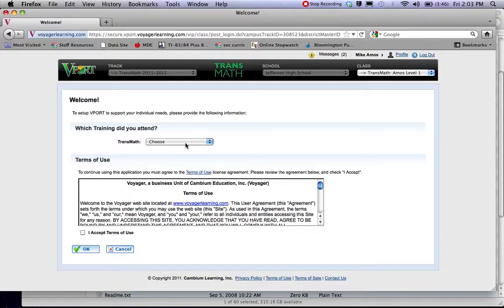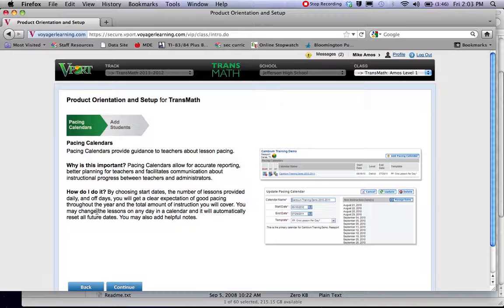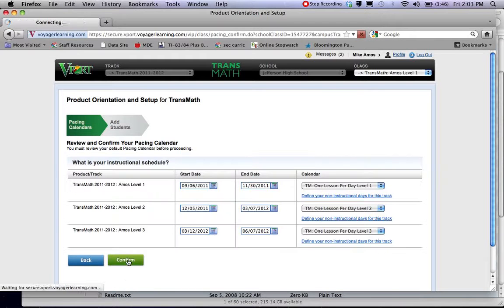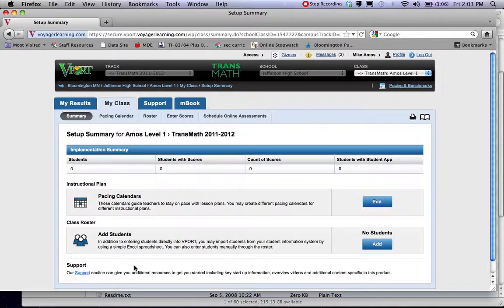If it's the first time you've logged in, you're going to have to say what kind of training you've attended. I don't think most of you have attended training, accept the terms of use, and continue on. It clicks you through a little orientation. I'm sort of doing the orientation for you here, so you don't really need to read this at this point. I don't think you can just click through things. Once you're in,